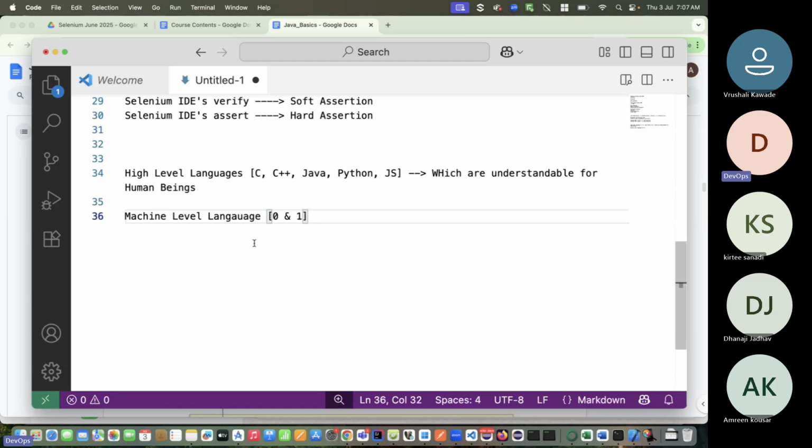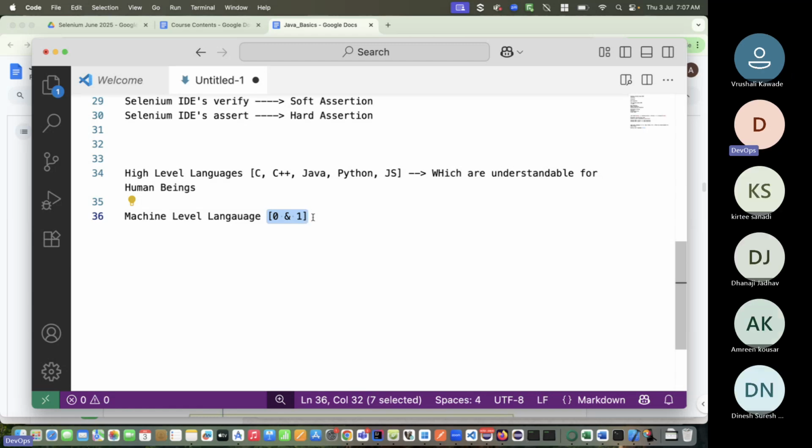So whatever instruction we want to give to the computer, we have to write using only these two characters. Just imagine how difficult it would be